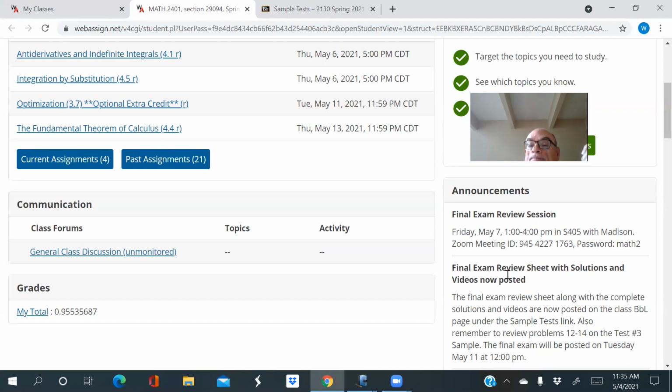Of course, you need to finish test number 3 first, right? But once you finish that, there is a review sheet posted for the final exam. Well, yeah, it just got posted. It's with the sample tests in Blackboard, where all the sample tests are. There are actually 2 separate postings. There's the review sheet itself, which is just a list of questions, and at the end of that file there are short answers. Then right below that, there's a more complete